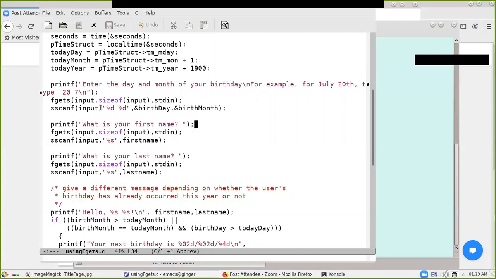Okay, this, which is called the format statement, tells me that what I'm looking for is two integers, %d. And then these two arguments tell me when I find those integers and convert the characters to integers, where should I store the results? Okay, so the way that scanf works, if I type, let's say, 31 space 1, as